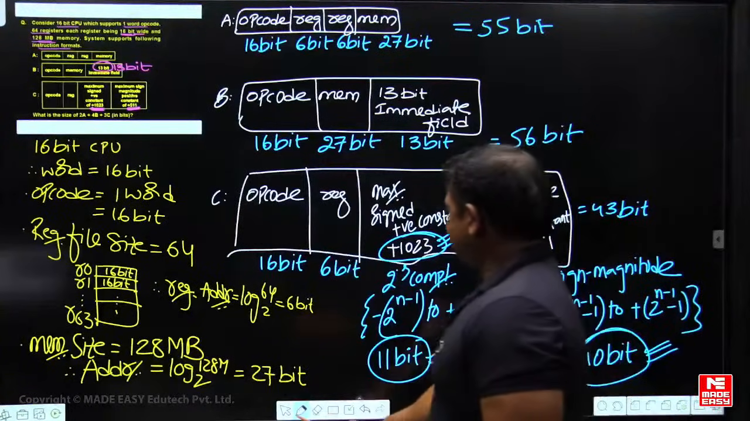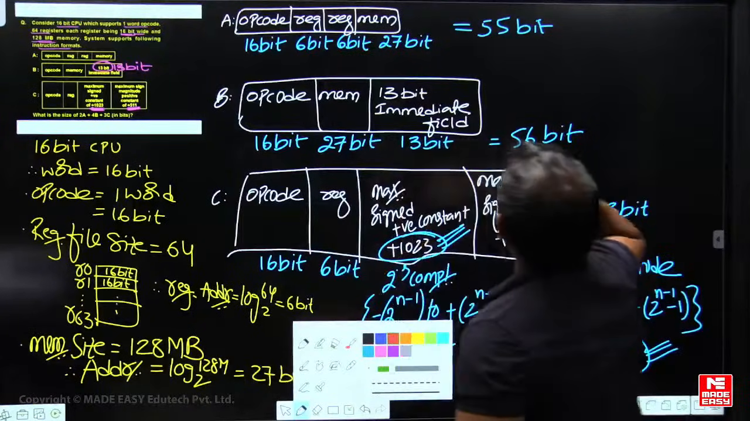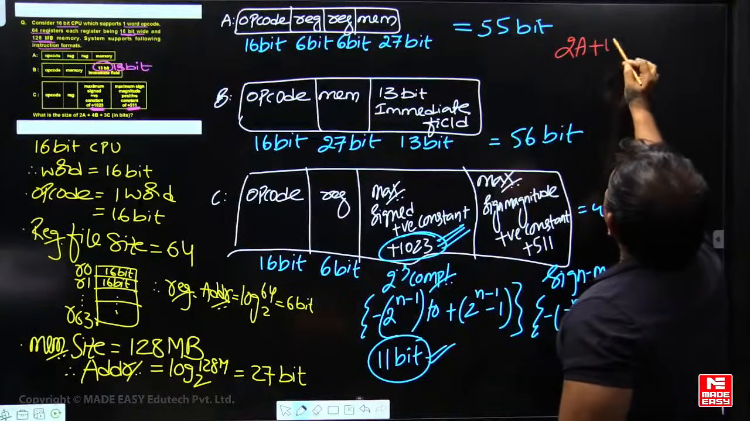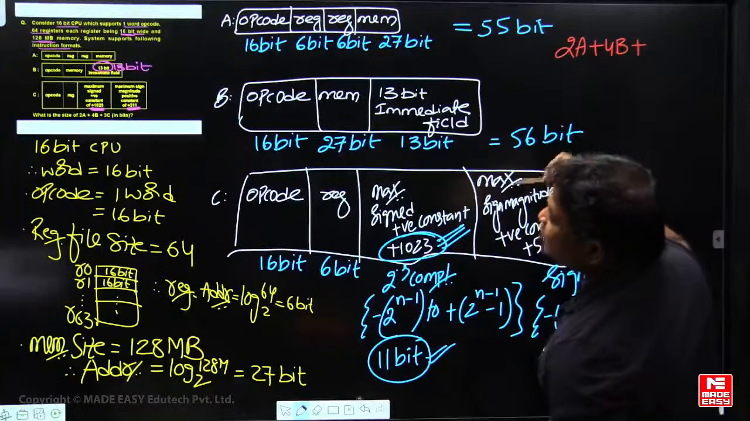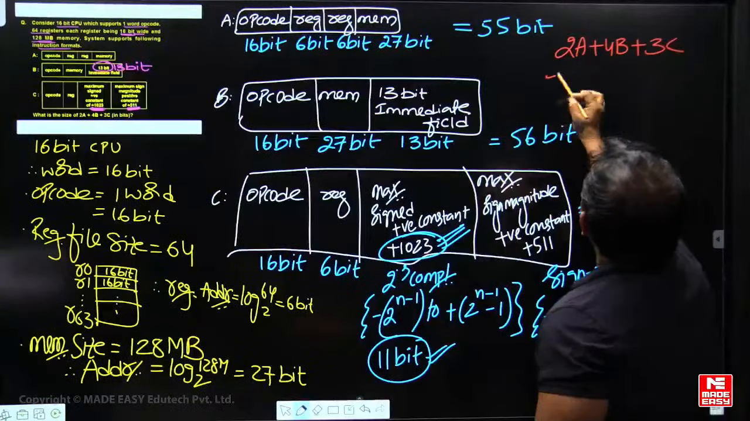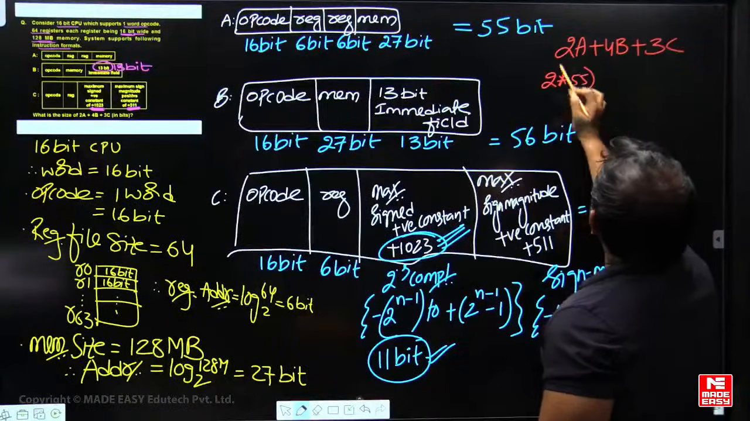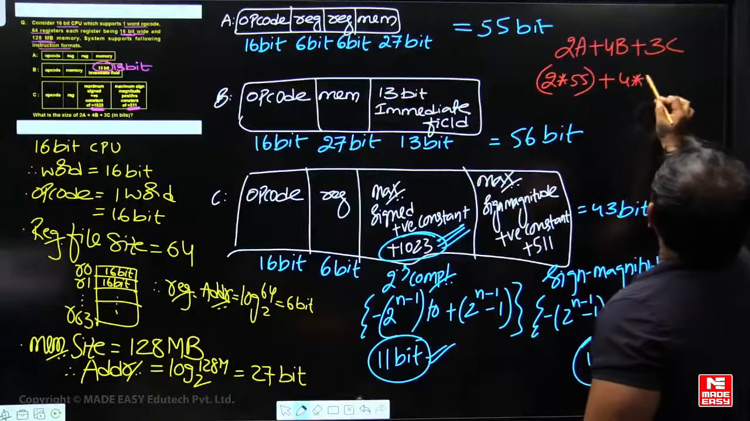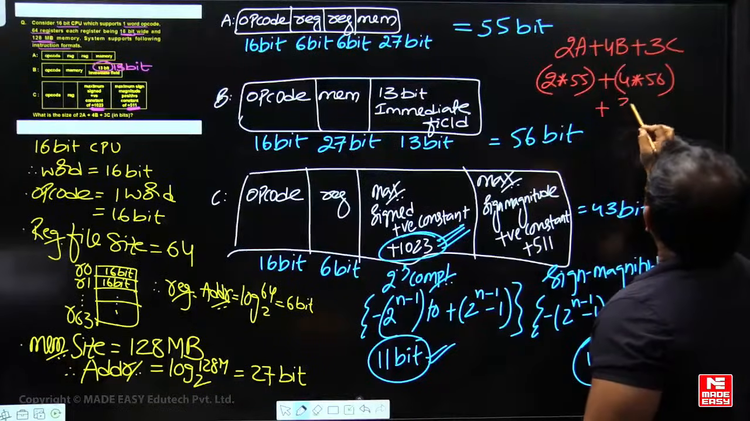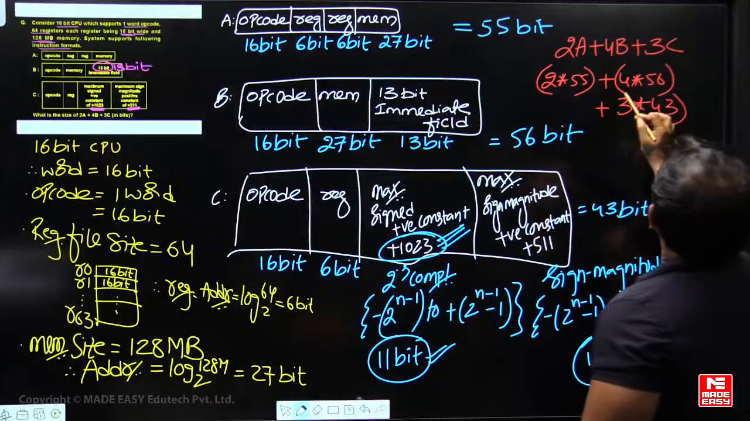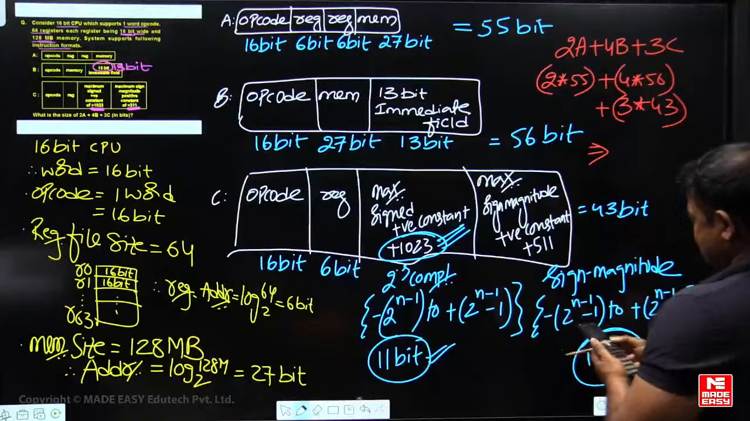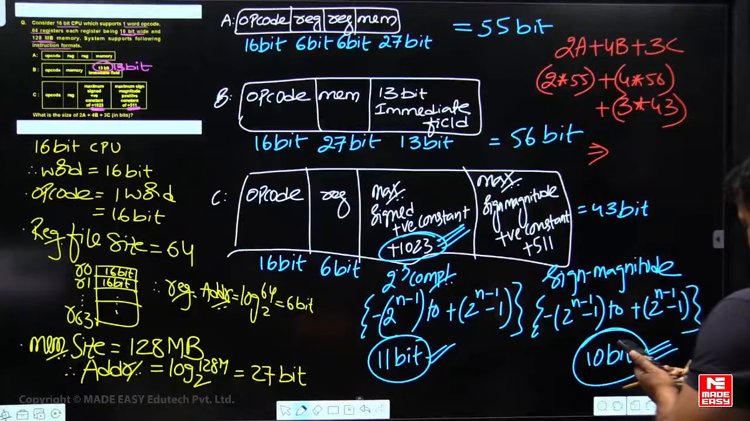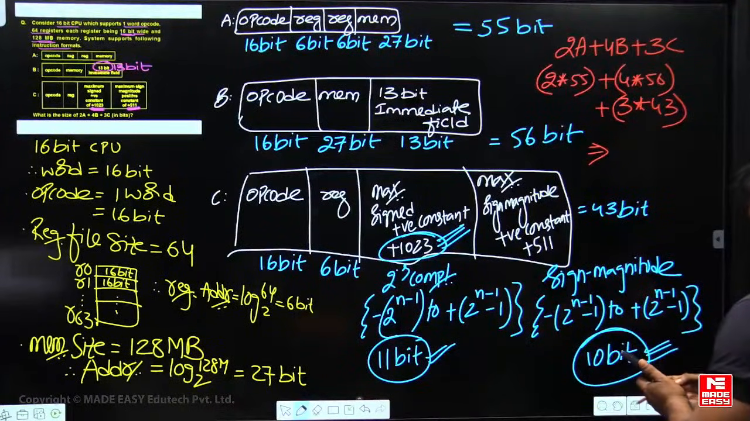What is the value of what they have given? Value of 2a plus 4b plus 3c. Plus 4 into 50 plus 3 into 40. Total 2 into 55, 4 into 56 plus 3 into 40. Answer is